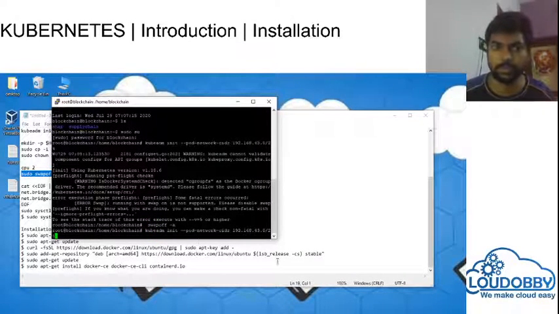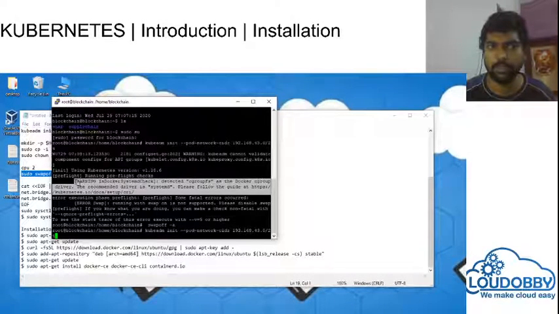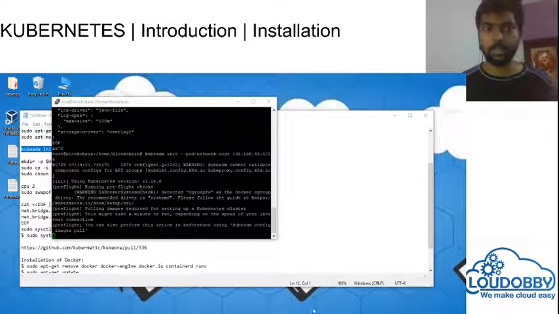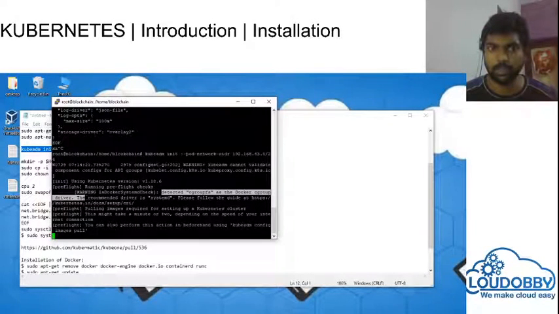So it is giving an error about the cgroup driver. I will try to make a fix and then run it again. Here it is saying cgroupfs is the Docker cgroup driver. The recommended driver is systemd.